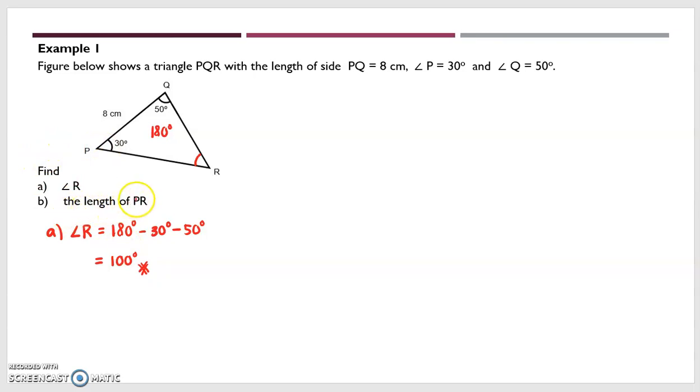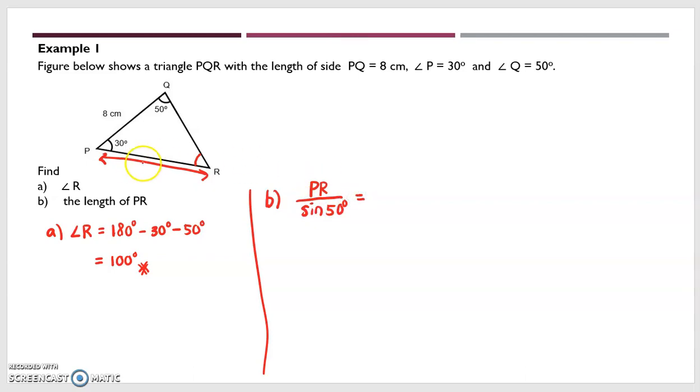Next, we want to find the length of PR. So we need to find this length of PR. The angle opposite this side is 50 degrees. Again, you have to remember the side and the angle must be opposite. So if I want to find the length of PR, let's say PR over the opposite angle, which is 50 degrees, so sine 50